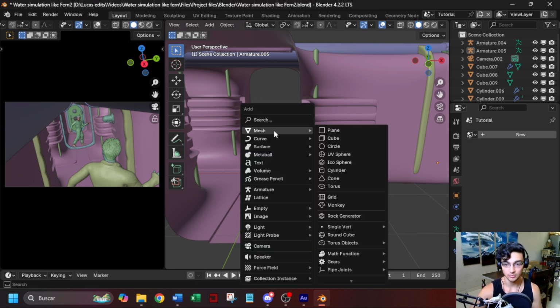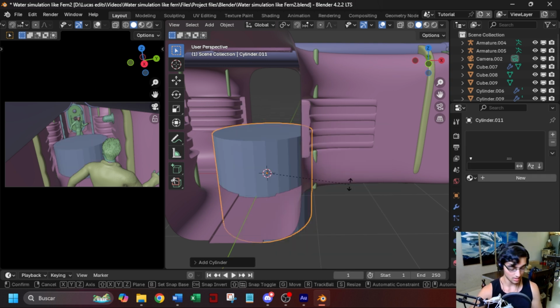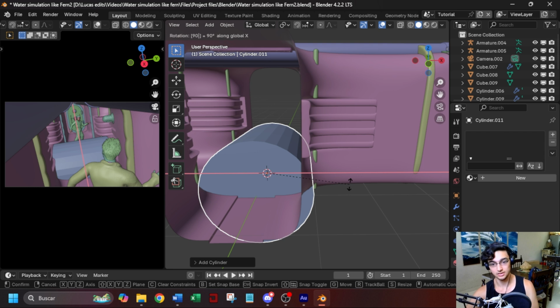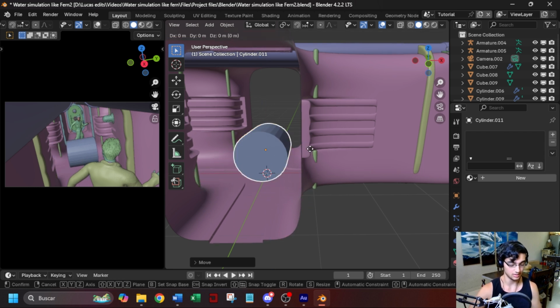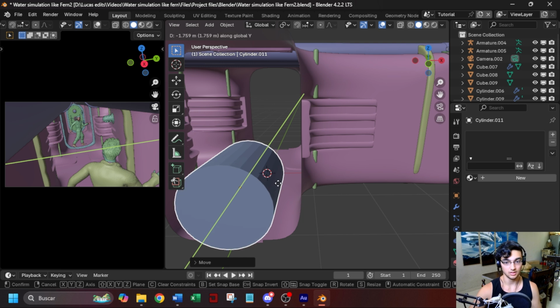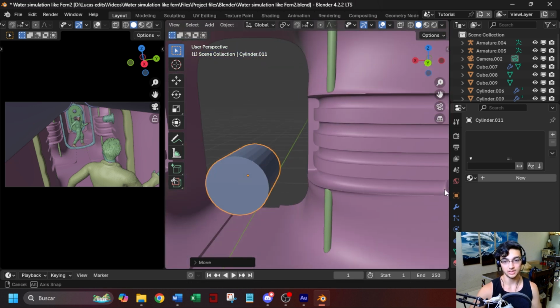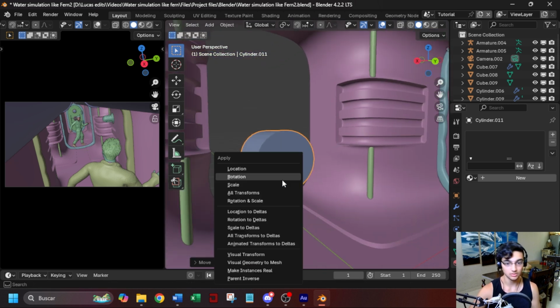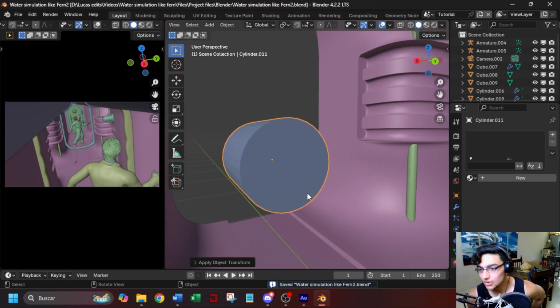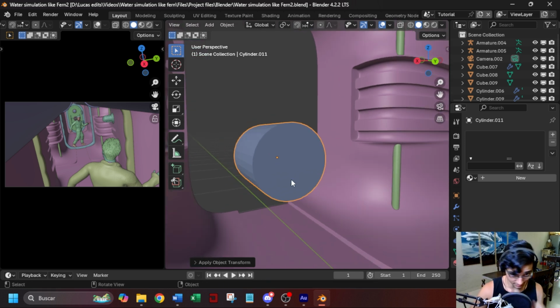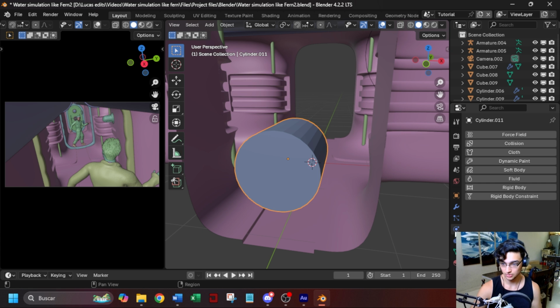Shift A, mesh cylinder, RX90, S, GZ, GY. You want to, yeah, something like this. So Control A, apply scale, and this is going to be your emitter or something like that. So select this object, go to the physics tab and select fluid, and this is going to be flow, and